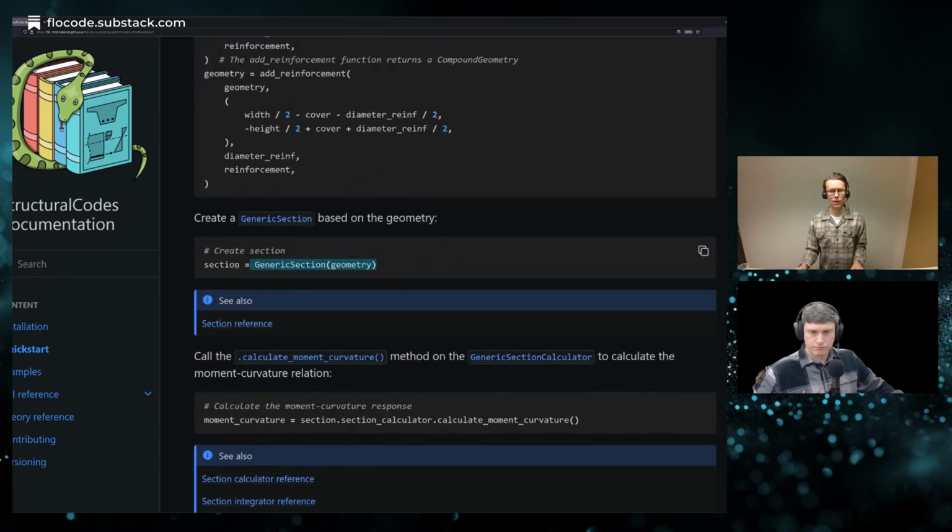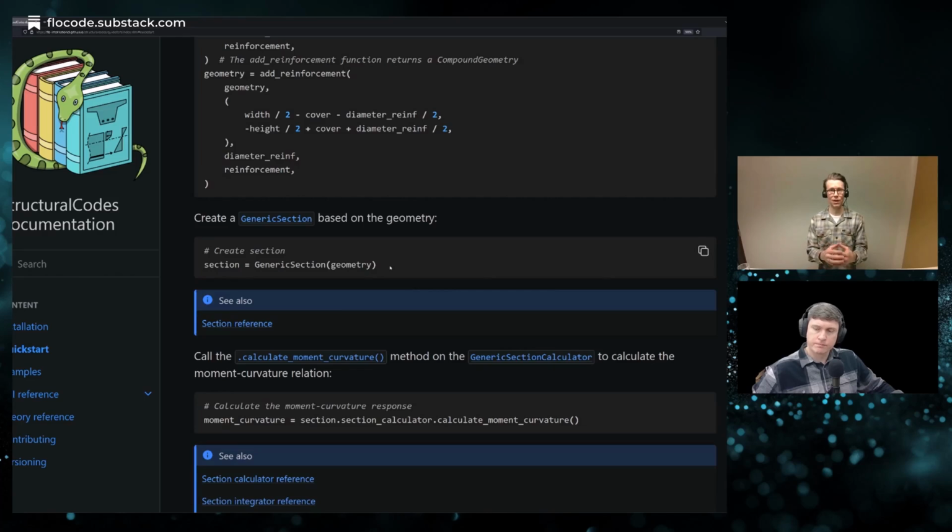And the final step to prepare for our calculations, we create a section object. So the generic section class, or you can think of the generic section as a calculation tool.